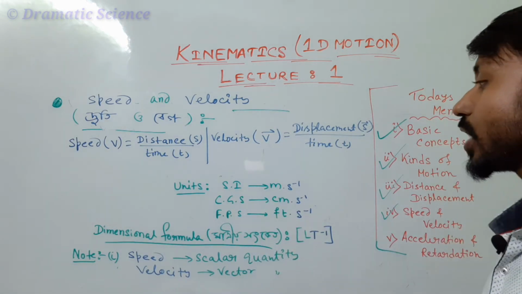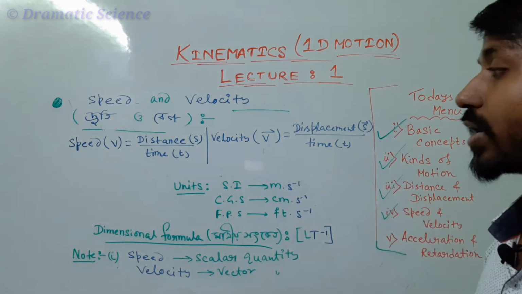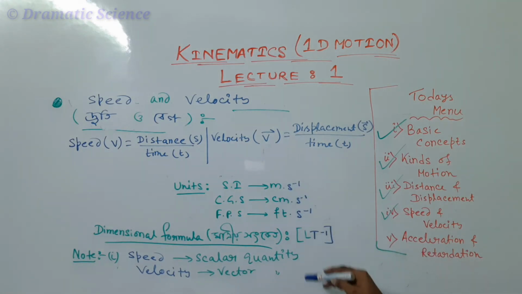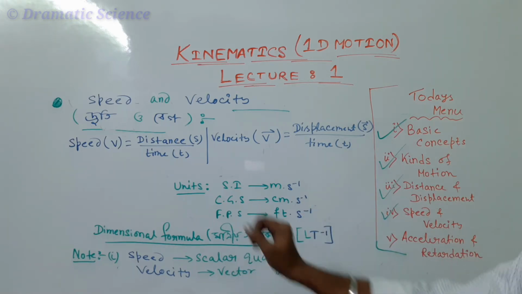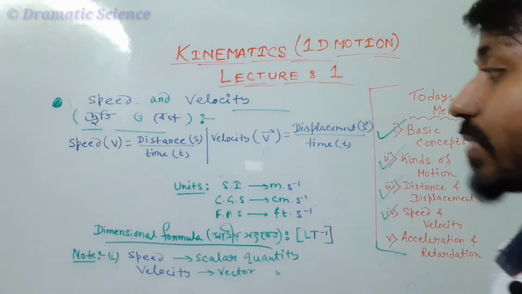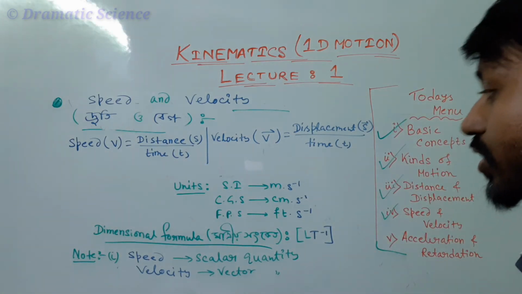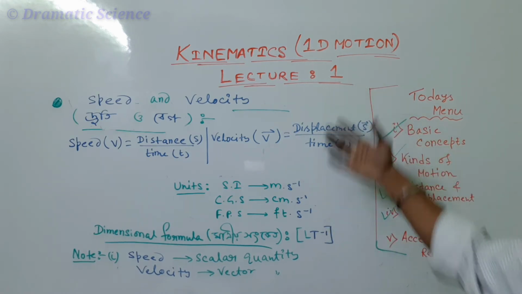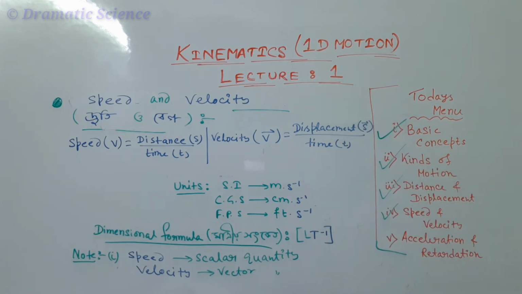तो यूनिट सिंपली क्या होगा, डिस्टेंस बाई टाइम हुआ, इसलिए नीचे एक टाइम आ गया, दैट्स वाई मीटर पर सेकेंड, सेंटीमीटर पर सेकेंड, फुट पर सेकेंड, और मीटर सेकेंड माइनस वन, सेंटीमीटर सेकेंड माइनस वन, फुट सेकेंड माइनस वन, राइट। अच्छा, डायमेंशनल फॉर्मूला क्या होगा, सिंपली नीचे टाइम आ गया, टाइम का डायमेंशन क्या है, कैपिटल टी, तो डेफिनेटली एल बाई कैपिटल टी आएगा, टी को ऊपर भेज देंगे तो एल टी माइनस वन, वेरी सिंपल।